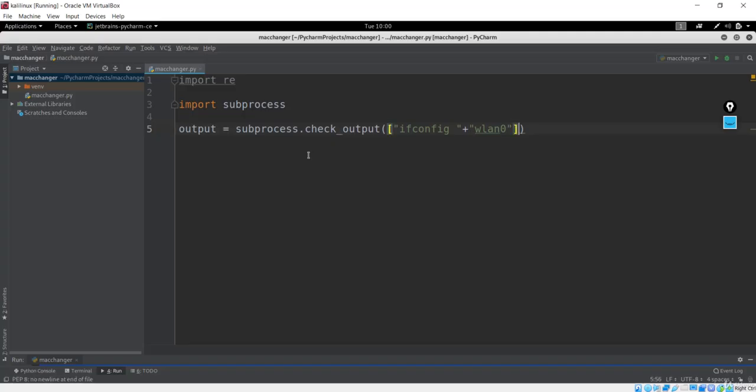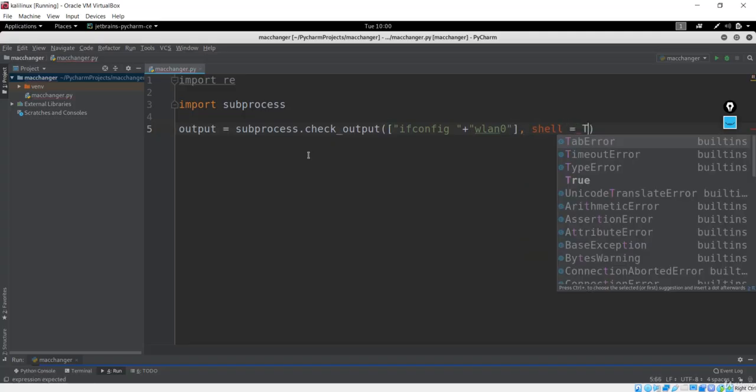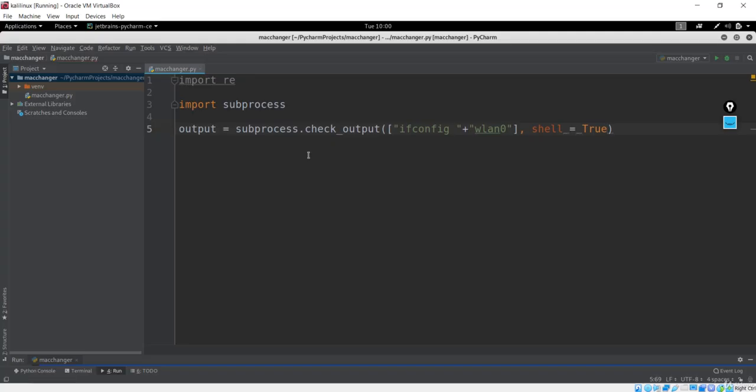After that I want shell to be true. The shell is basically your command line interface. So we have used the check_output method, which means we have run this command in the shell, and now we are getting the output. From this output I want to search for only the MAC address.